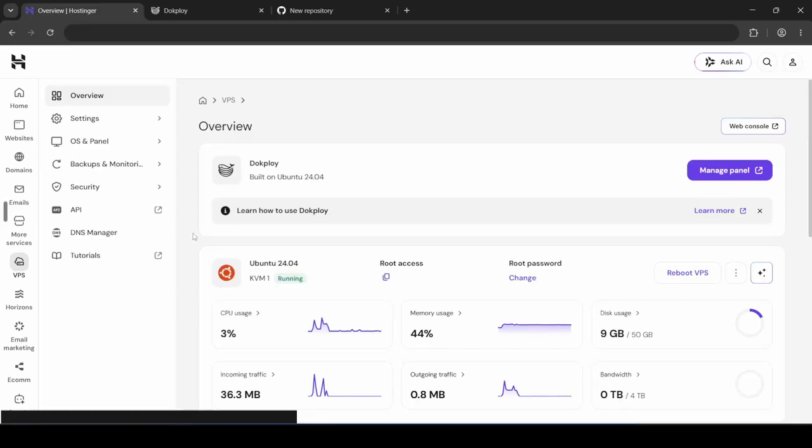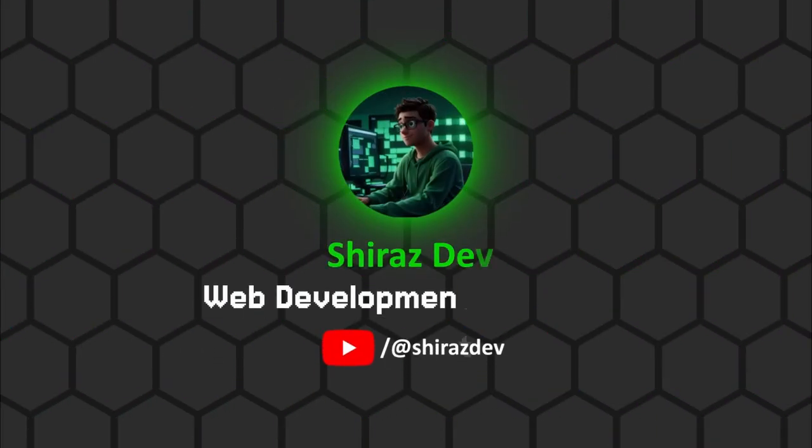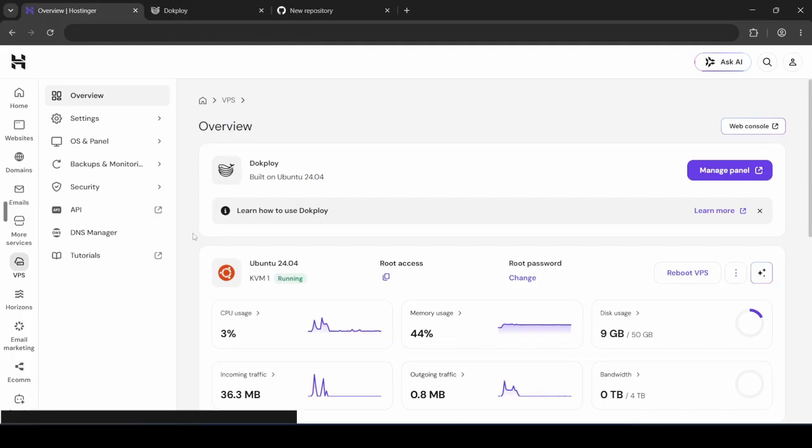Okay, so in this tutorial, I'm going to be showing you how you can deploy a Next.js app on Dokploy. So let's get started. After you have purchased a VPS, I'm using Hostinger by the way, you will have